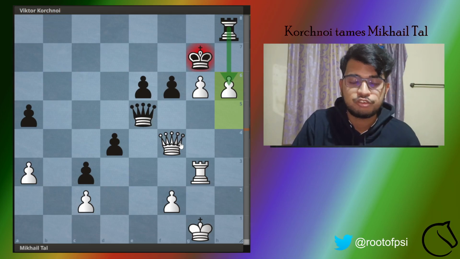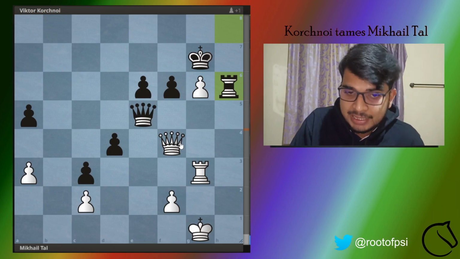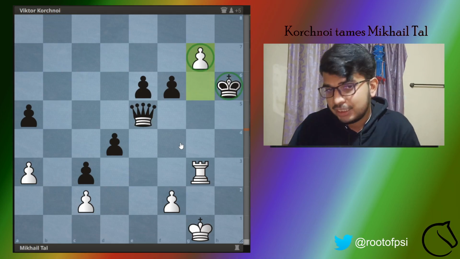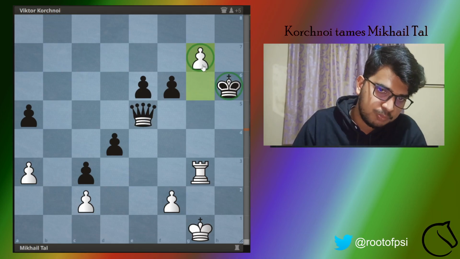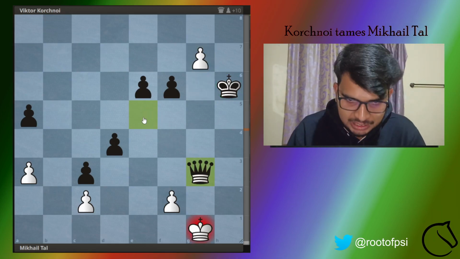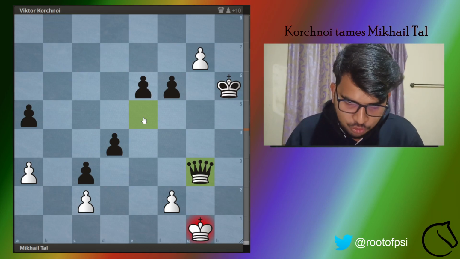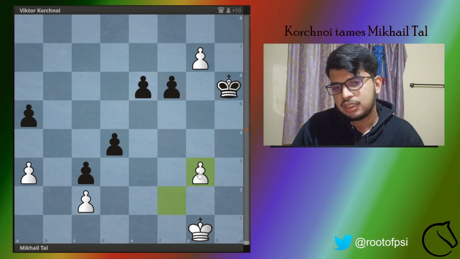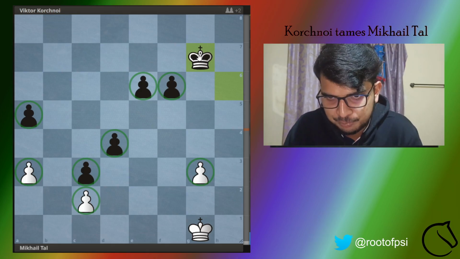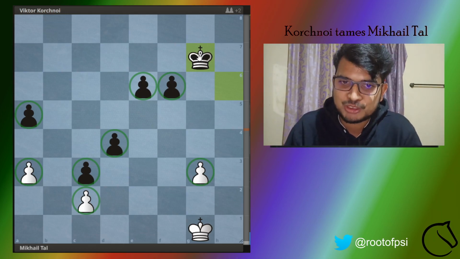Viktor Korchnoi just took here, and Mikhail Tal's idea in this position was to sacrifice his queen, and after king takes, to push this pawn. He thought that no one in the world can stop this pawn, and actually nothing can stop that pawn except for this move of queen takes g3. And actually in this position Mikhail Tal resigned the game, because there is simply nothing for you to do. You have to take the queen, and then after, let's say, king takes, there is nothing to play for in this position. So that was Mikhail Tal's destruction by Viktor Korchnoi himself.